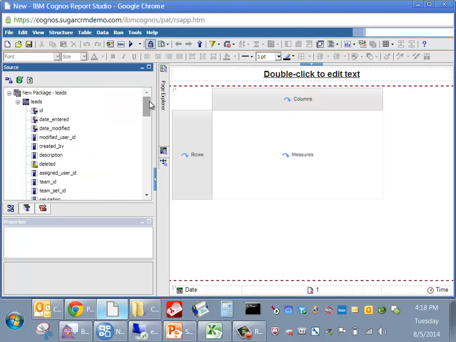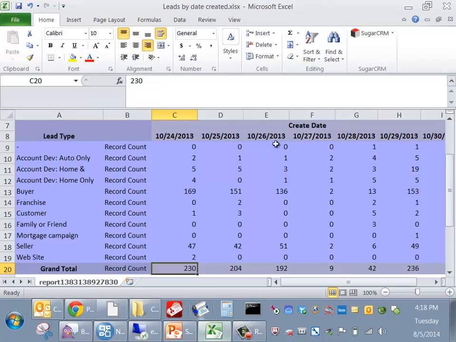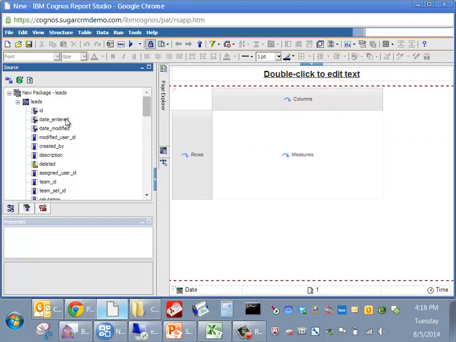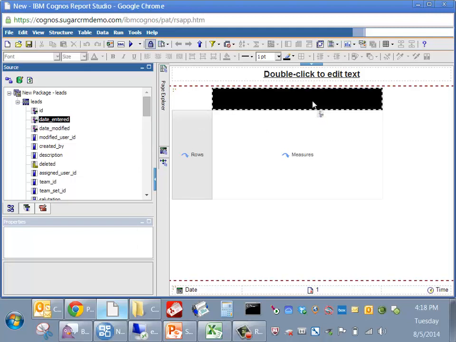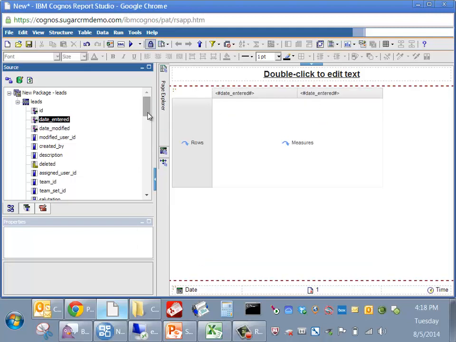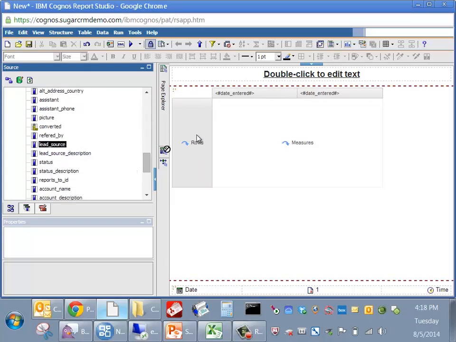Now I can decide how I want to do this report. If we go back to our Excel spreadsheet, you can see that essentially it's creation date over here and lead type over here, with a count in the middle and totals on the end, right? If you remember that, I'm going to take creation date, which in our parlance here is date entered, and I'm going to take lead source and put that over here,